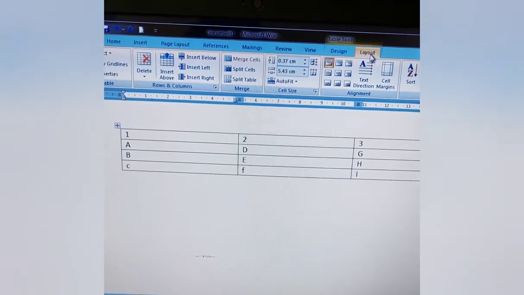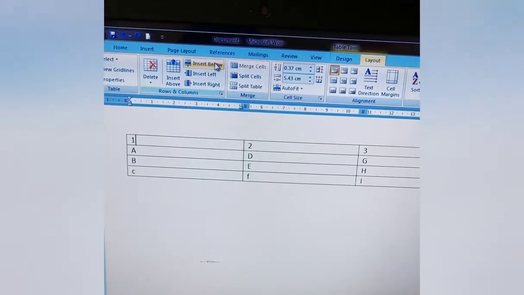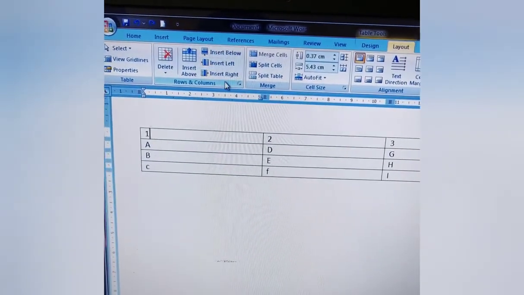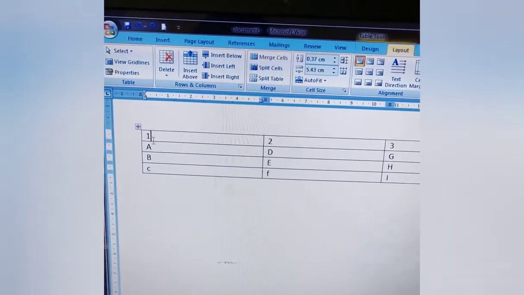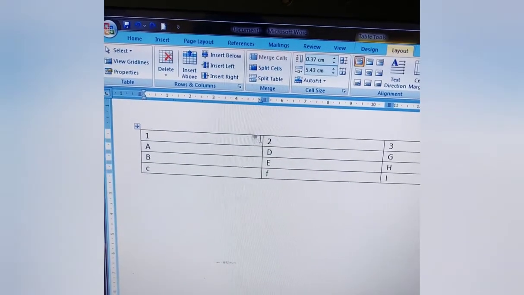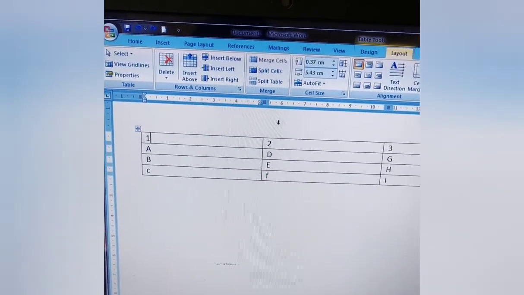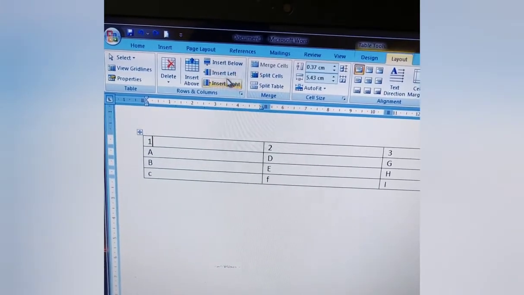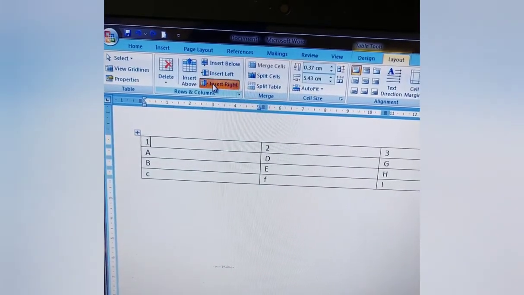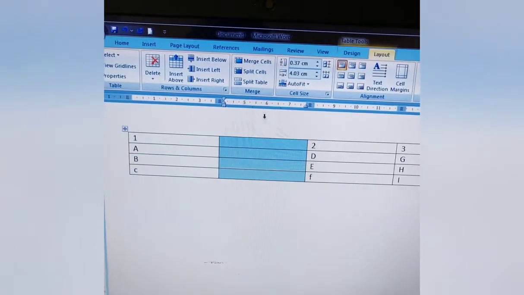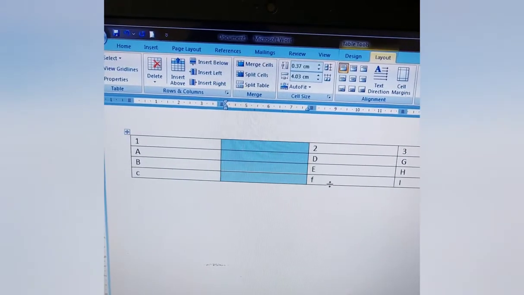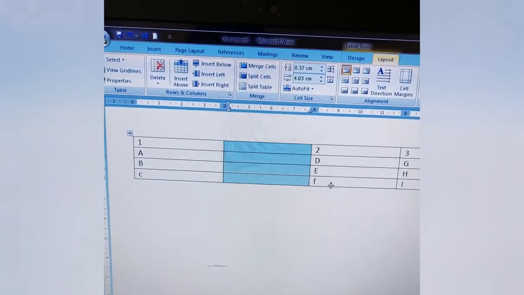Okay, so we have gone to Layout, and then we have these options: insert above, insert below, insert left, insert right. So here we are at 1 and we want to insert one column to the right side of this. So we will click on insert right. Did you see one column got added between this one and this one just by clicking insert right?